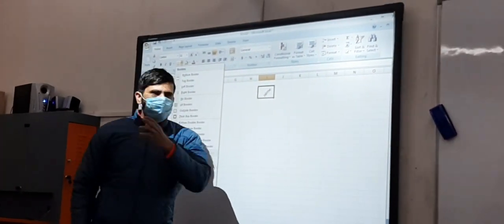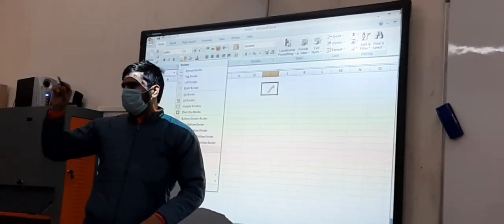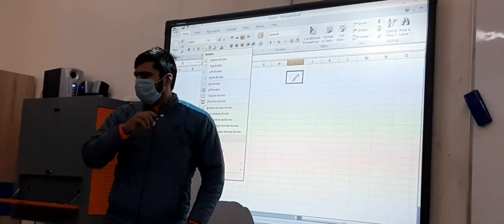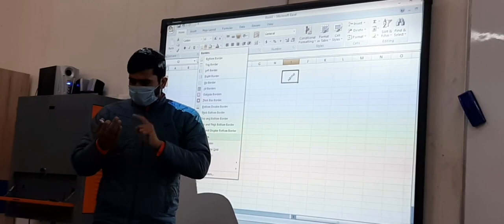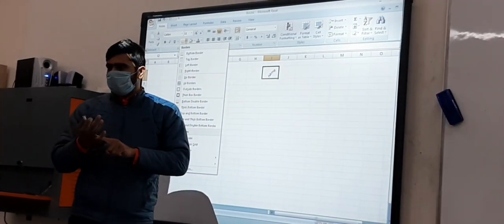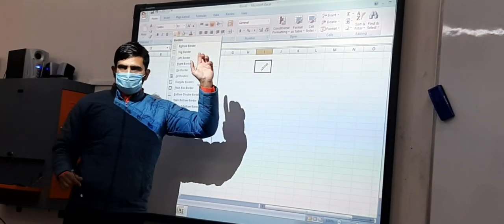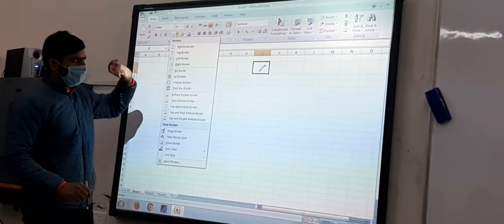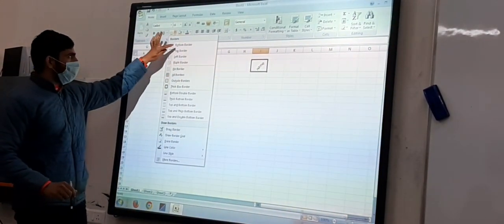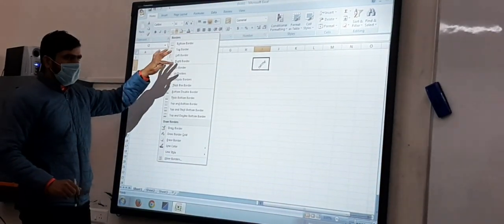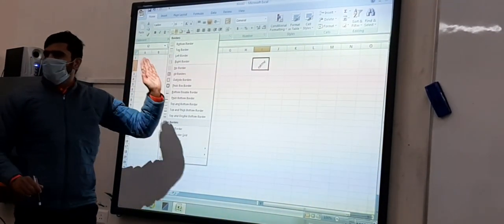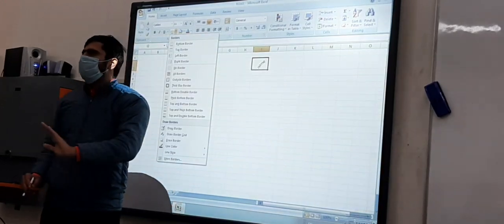Suppose I don't want to put the border on the whole side, meaning left, right, top and bottom, all four sides. I want to put the border only on the bottom. So here are the options: bottom, top, left, right. Only these options you can use according to you.